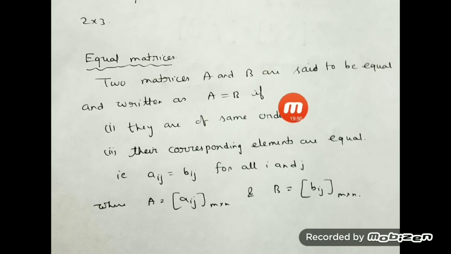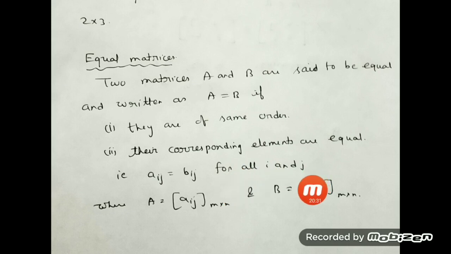Suppose you take the first row, first column element of the first matrix, it must be equal to the first row, first column element of the second matrix. Similarly for the rest. Then, for example, suppose we take A equal to Aij, m by n, a matrix, B equal to Bij, m by n, a matrix. Obviously, A and B are comparable because they are of same order, m by n, m by n. And these two are said to be equal if Aij is equal to Bij. That means every corresponding element. Aij represents the element present in ith row, jth column. Similarly, Bij also represents the element present in ith row, jth column. If they are equal, and this is true for all i and j.